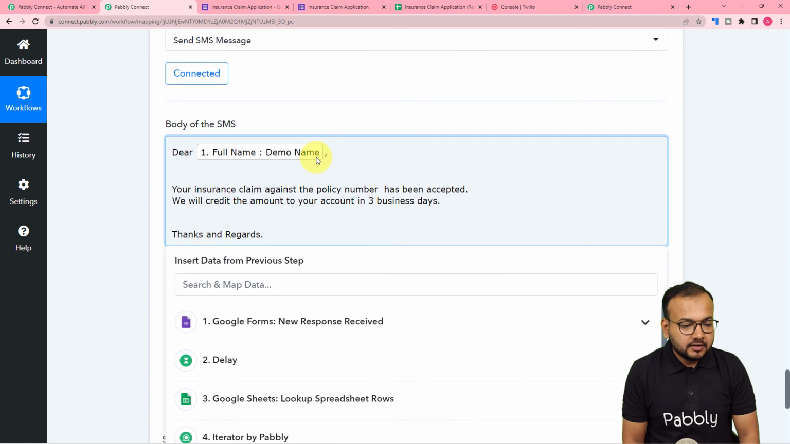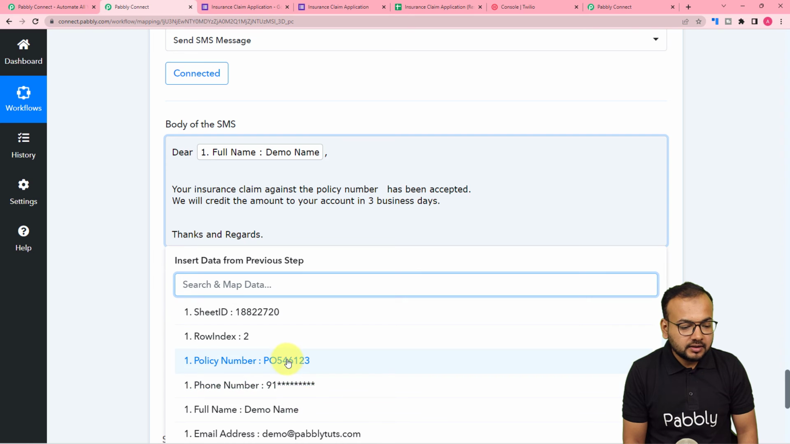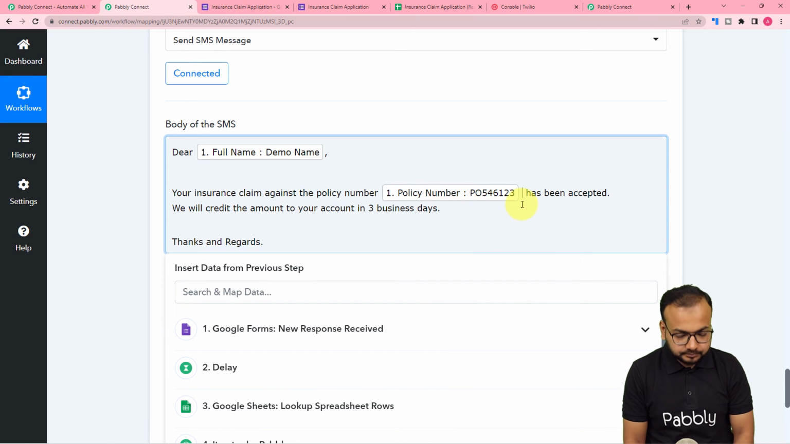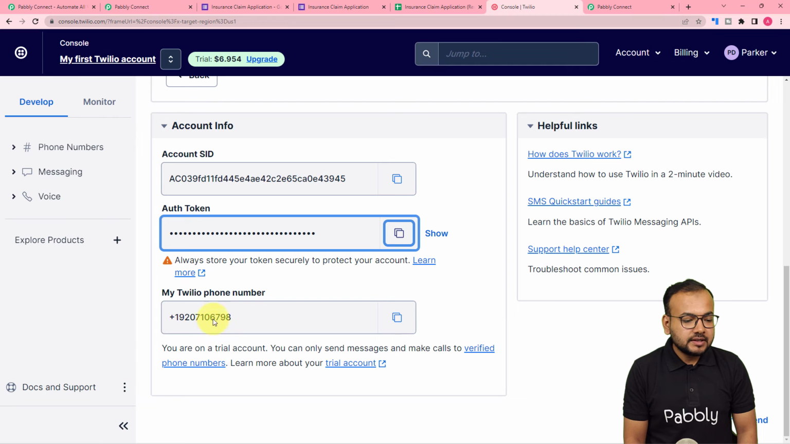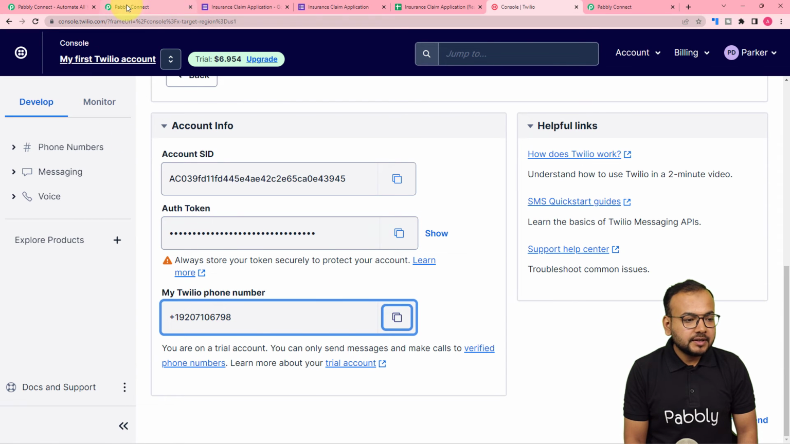Okay, right. And here you can read your insurance claim against the policy number. So here I'm going to place the policy number from the first step only. Here is the policy number. Right. And in the sender number, you will get the sender number from your Twilio account. Here you can see this is the Twilio sender's phone number. You can just copy it and paste it here